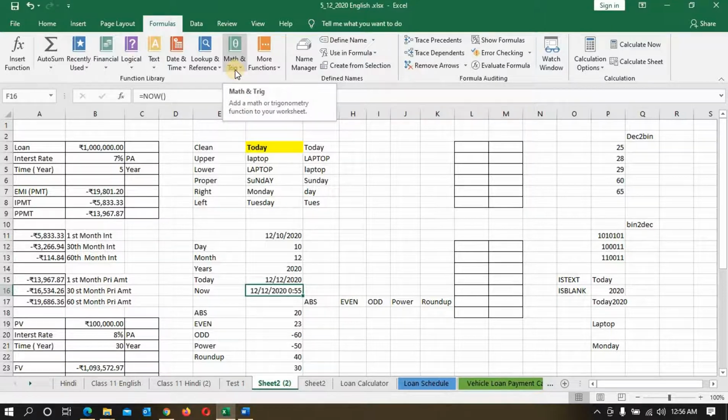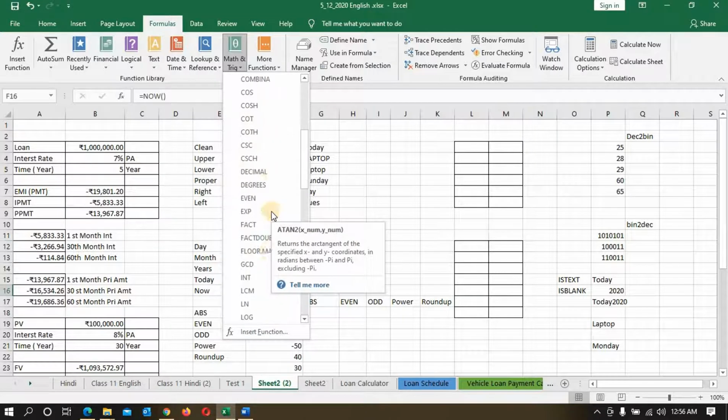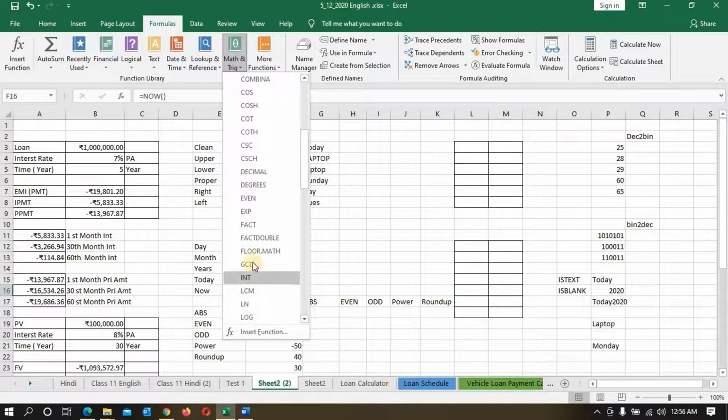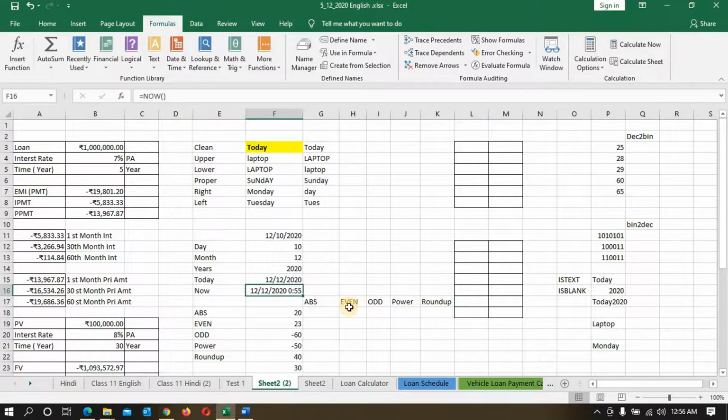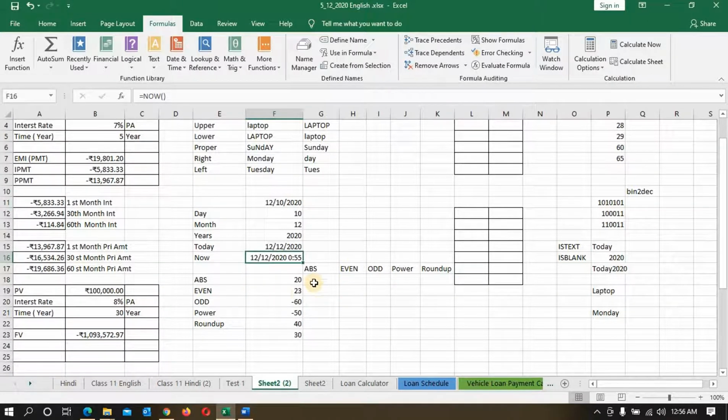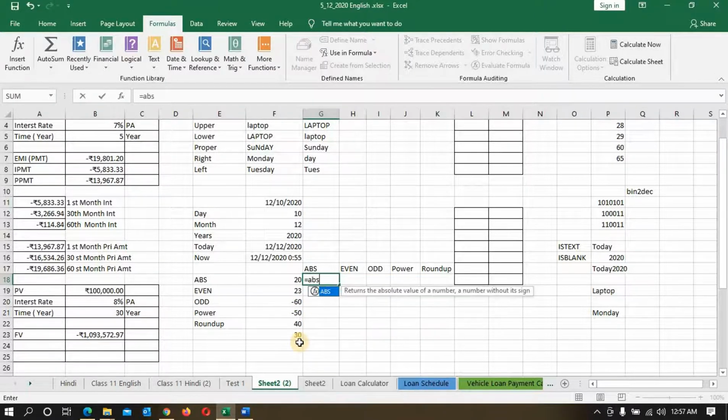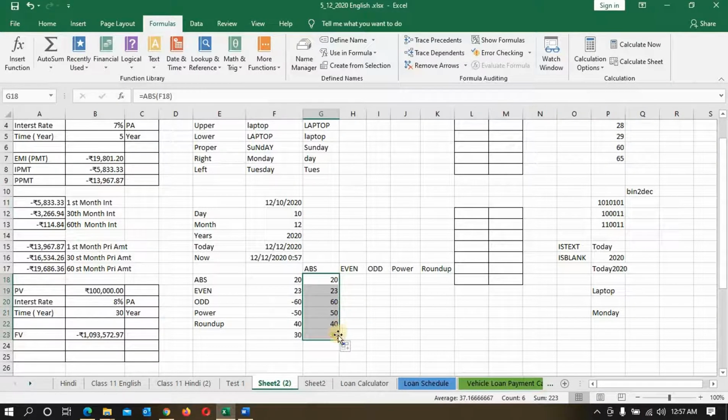Then maths, basically. Maths is also again formulas. So I took something here, log you can get, power you can get, a lot of formulas are there. So round off will show you some formulas. Okay, so ABS, basically what ABS does: right now some values I put in minus, so it will automatically correct them to plus. So ABS I will put, and I will put the serial number and bracket close, then I drag it down. You see the formula has already been applied.